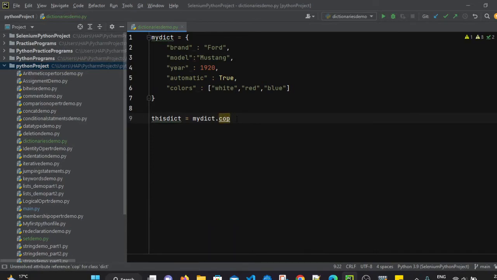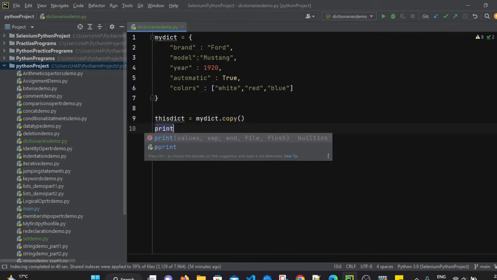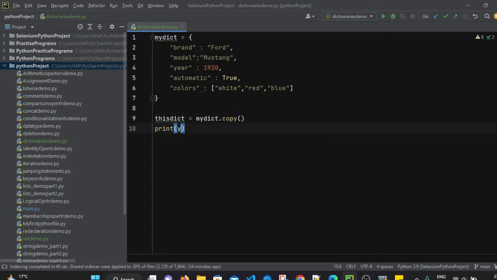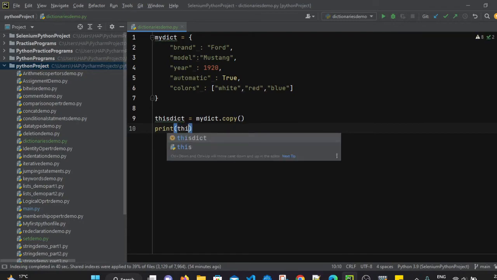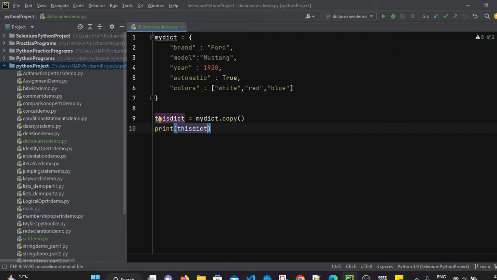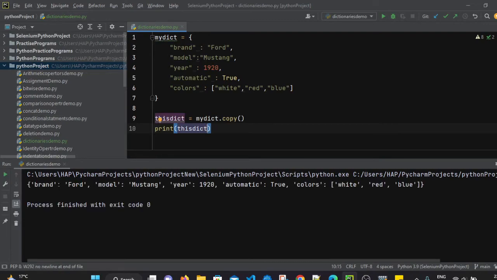It will create a copy of our dictionary in this dict. So when we print this dict, it will be nothing but a copy of our original dictionary. So this is the first way by which we can create a copy.